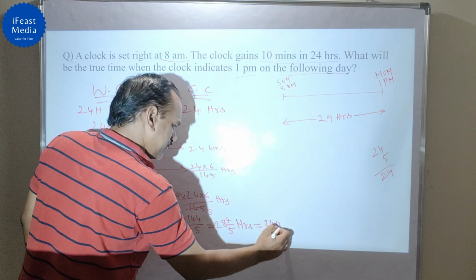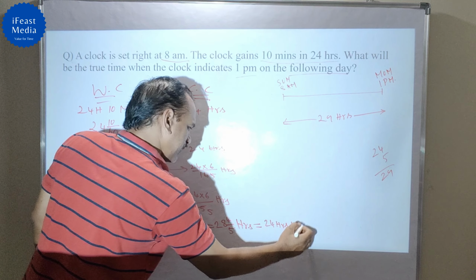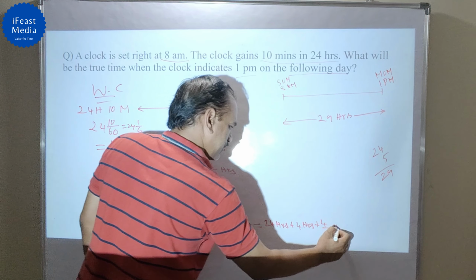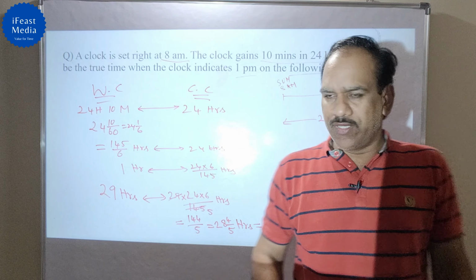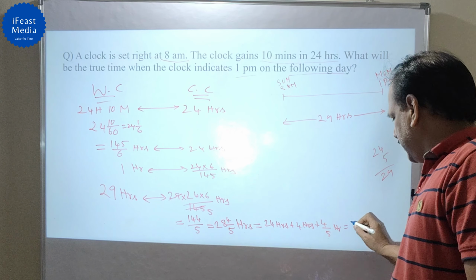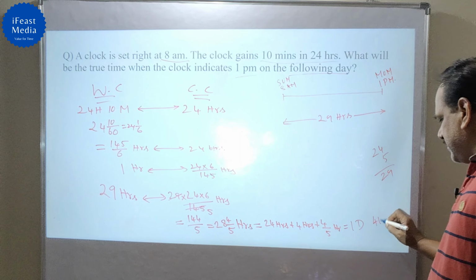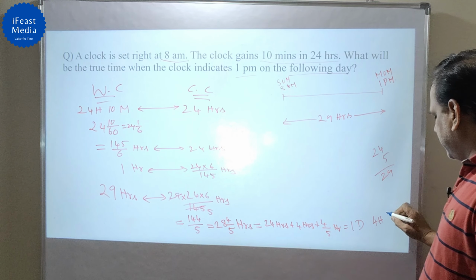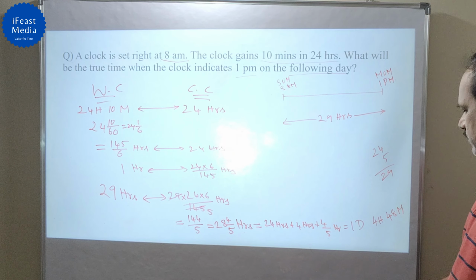24 hours plus 4 hours plus 4/5 of an hour. Right? 24 hours is 1 day. 4 hours, and 4/5 of an hour is 48 minutes. So therefore,